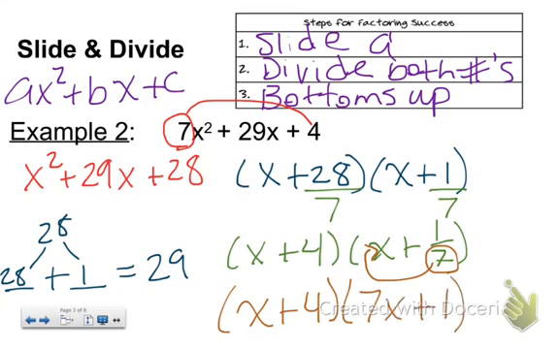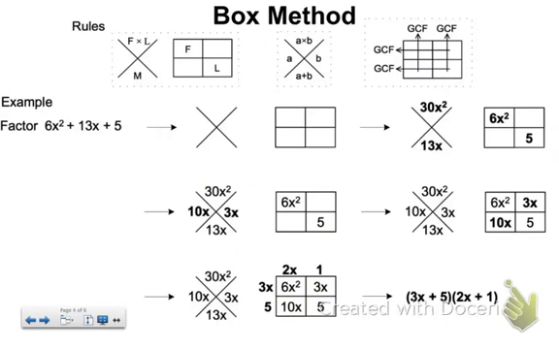And now again, I should multiply it back out just to make sure. 7x times x does become 7x squared, plus 28x plus 1x is plus 29x, and then 4 times 1 is 4. So I know that it's correct. So slide the coefficient of the x squared, divide both numbers, and then bottoms up. Alright, the last method is the box method,